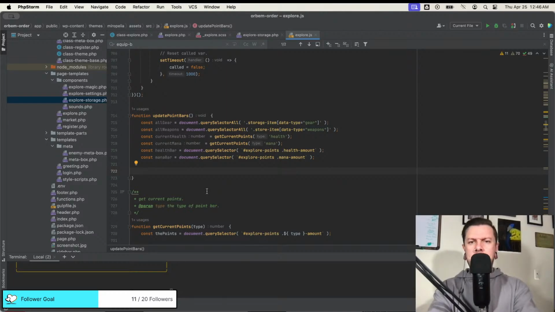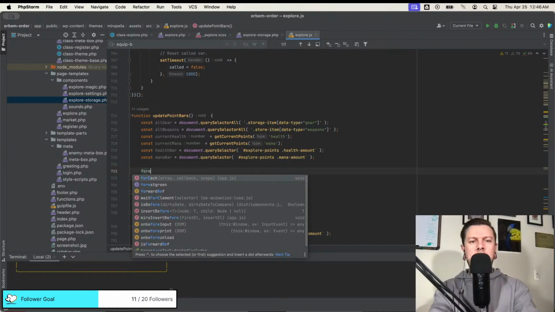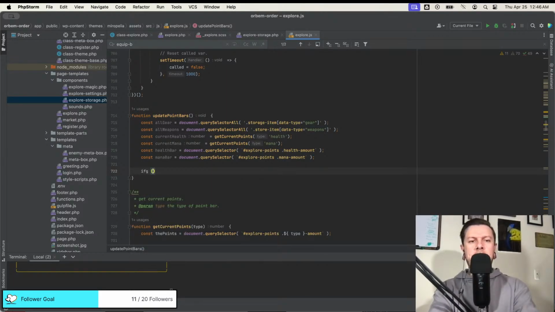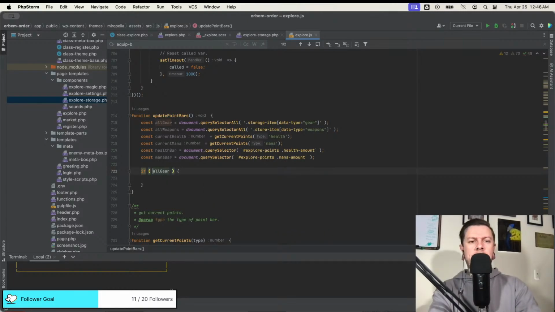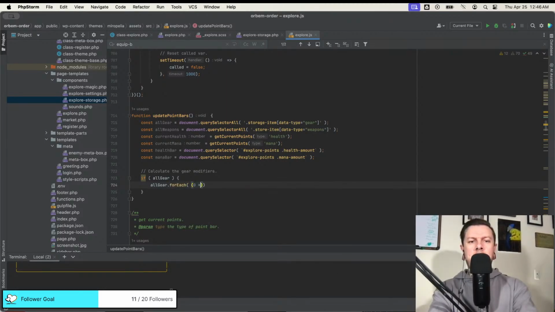Yeah, perfect. Okay, so now that we have the storage and data type gear, we know I can get the subtype for that. So let's go ahead and add a for loop before each. So if all gear, so we're going to calculate the gear modifiers. Cool. We'll do all gear dot for each. Oops.